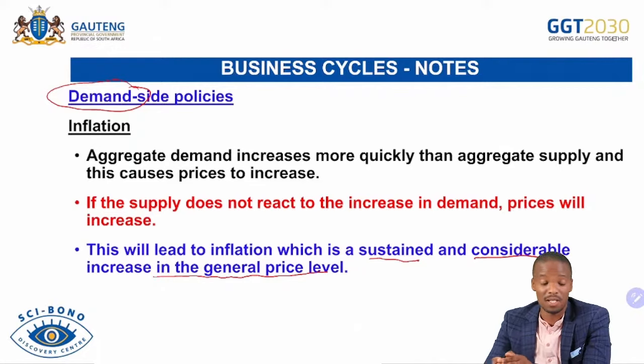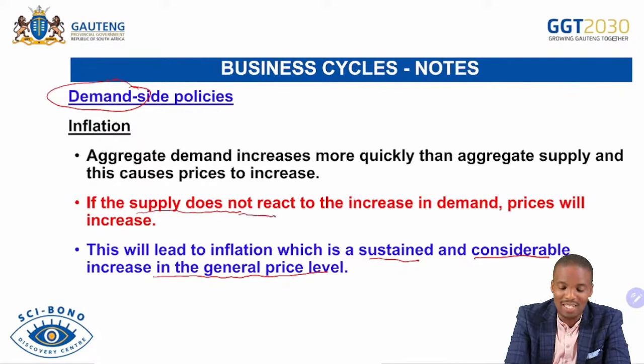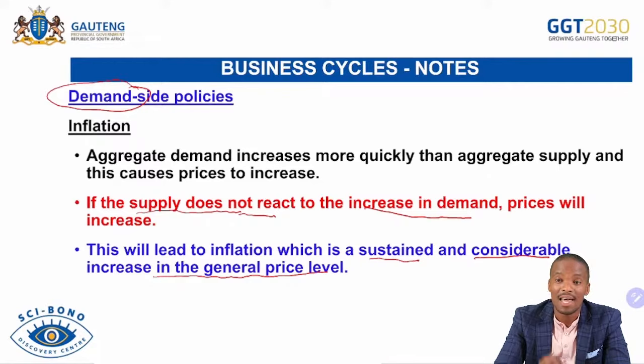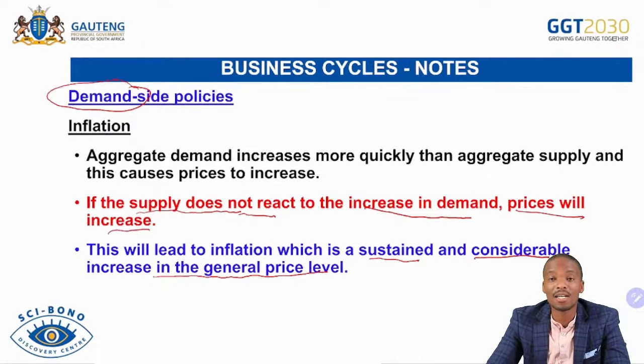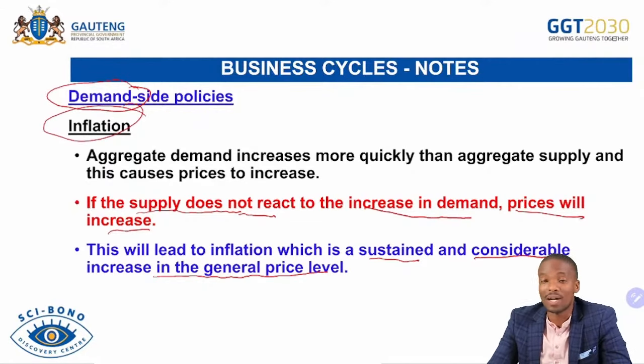The problem is this now. We expect supply also to react. If supply does not react, but there is a continued increase in demand, obviously the prices are going to increase. And when the prices increase, we know that is what? That is inflation, of which we don't want that, because now,